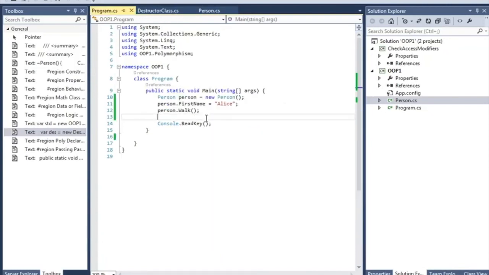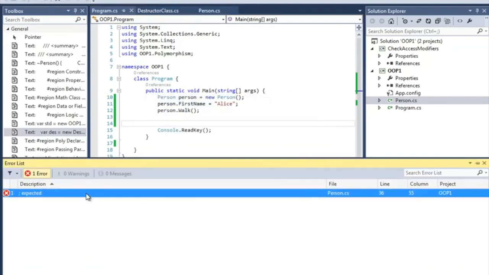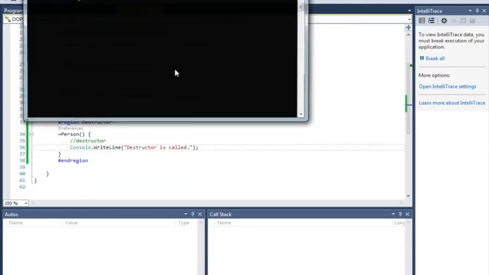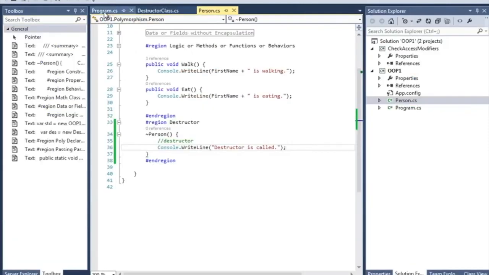So let's run the program and see what happened. And I'm pretty sure the destructor will not be called. So where did I make a mistake? Okay, so that's it. Destructor is not called. Why is it not called?